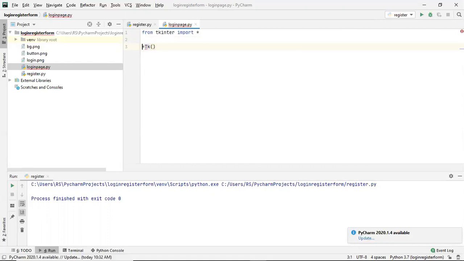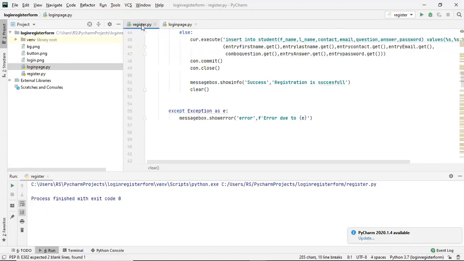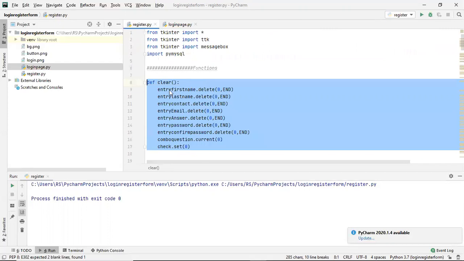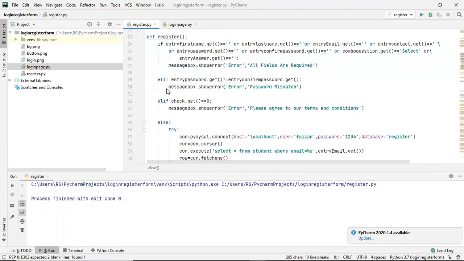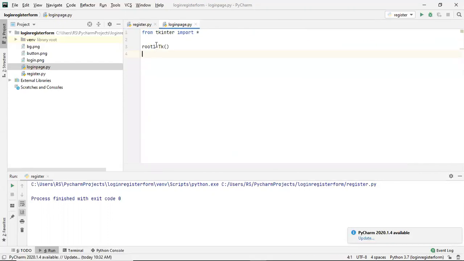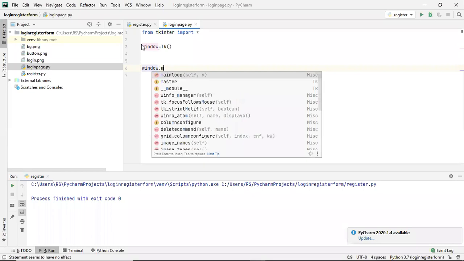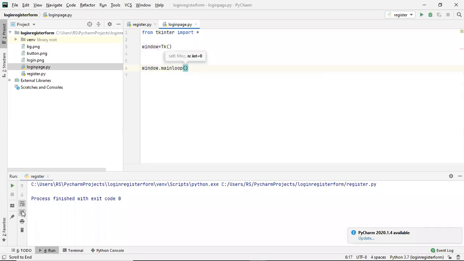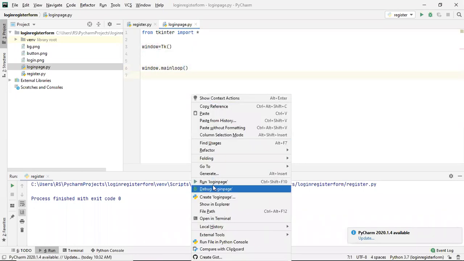So I'm storing it in root or root one, it's up to you. Okay, you can use root also, it will not have any changes, but it's just that here we have used root, so I'm simply using root one here. Okay, or you can give any variable name. Let's go with window this time. Okay, window. So this is a window. Okay, then to hold this window we will use main loop. Okay, now if I run this, a small window will be created there.